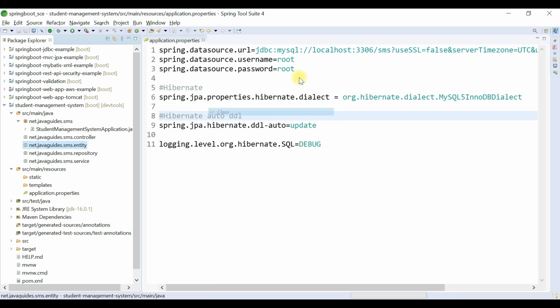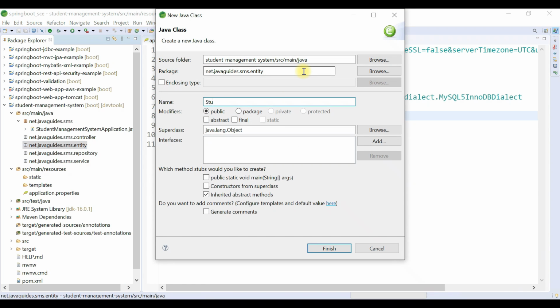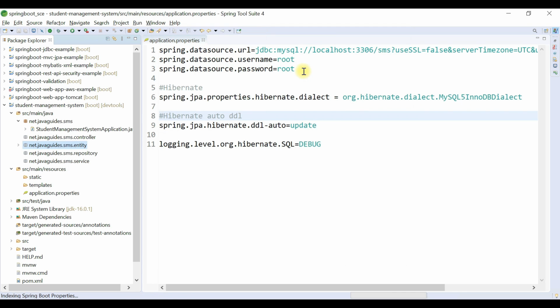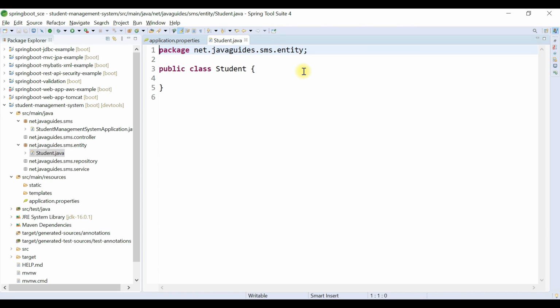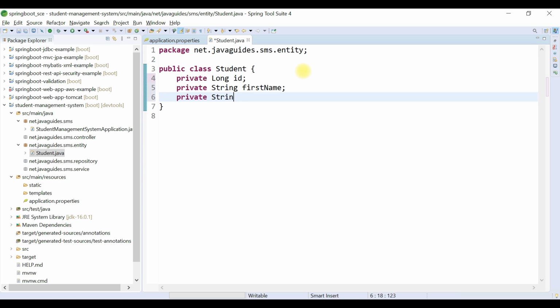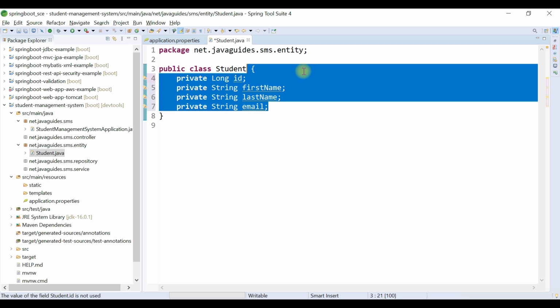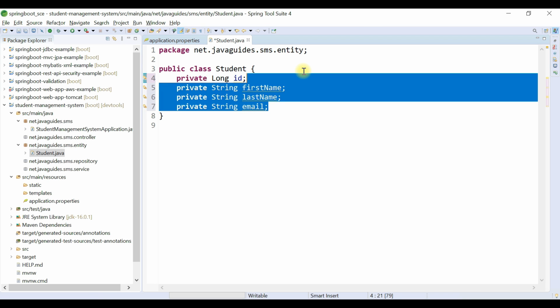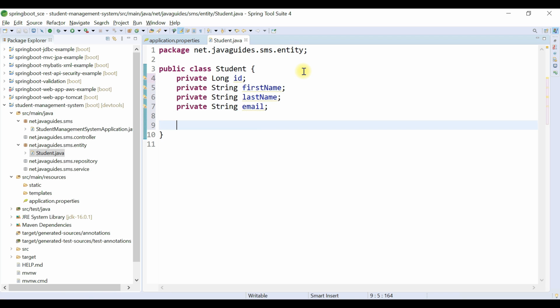So right click on the entity package, new, and then choose class, and let's give the JPA entity name as Student, and let's define the properties inside this class, that is private long id and then private String firstName, private String lastName, and one more is private String email. To keep it simple, I added only these 4 fields, but make sure that you add the fields in the Student class as per your requirement.